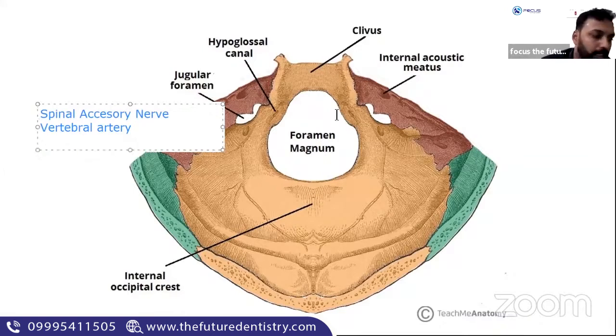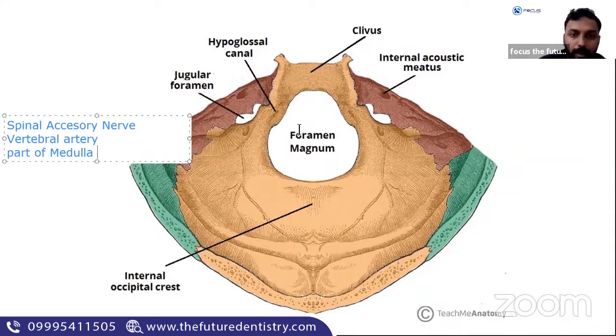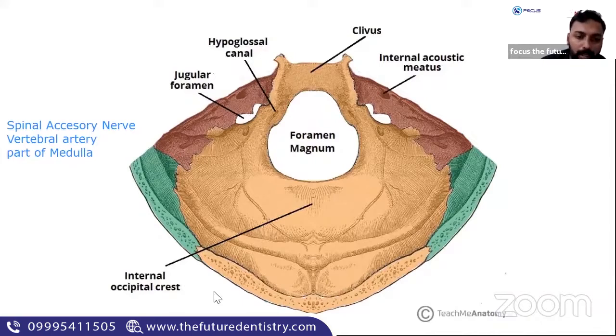There are vertebral arteries there. Then part of the medulla is there. Then there is the apical ligament of the dens, and the membrana tectoria. All these things are passing through your foramen magnum. So foramen magnum is a very important structure. Identify where it is located, and for the time being, know a few things which pass through it. Okay, so next we will move on to something called the hypoglossal canal.